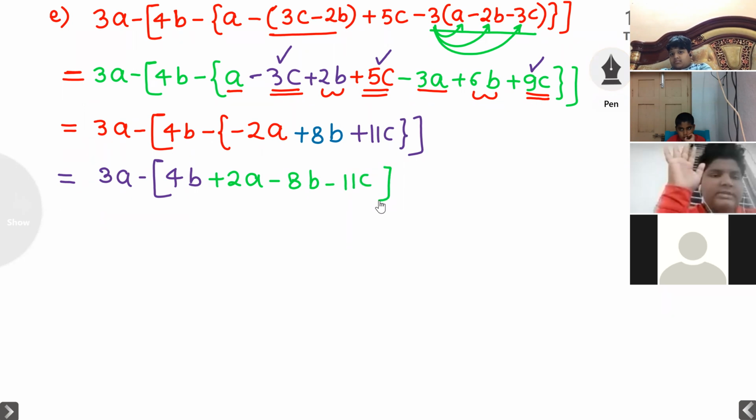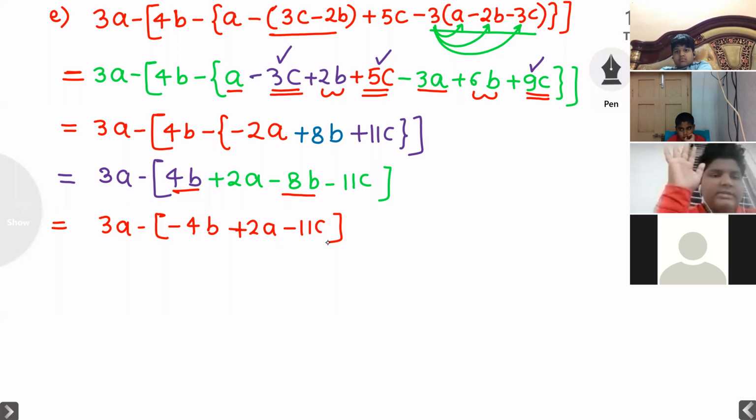Yes. Again, I have to check like term and unlike term. 4B is there and minus 8B is there. That's it. Again, 3A I will write as it is, minus as it is, large bracket as it is, plus 4B minus 8B. Both are friends, both are like term, but sign are different. Plus 4 minus 8, minus 4, because 8 is greater value, that sign is minus. Minus 4B, plus 2A as it is because it is alone, minus 11C also alone.